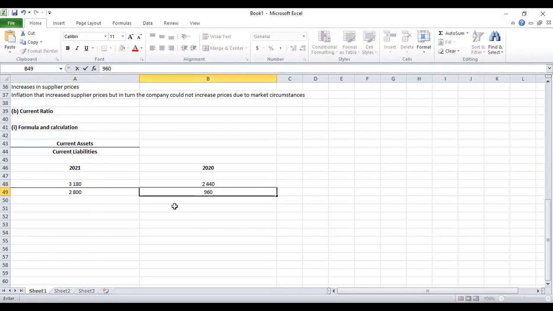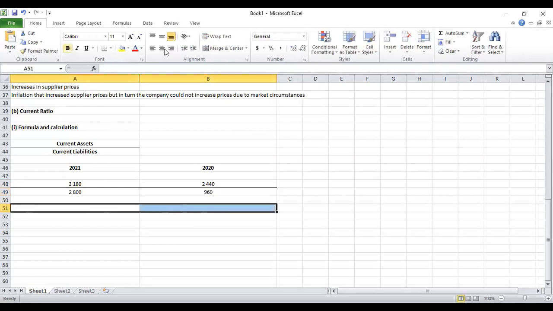What do we get? 1.14 for the first one. Yes. And the second one is